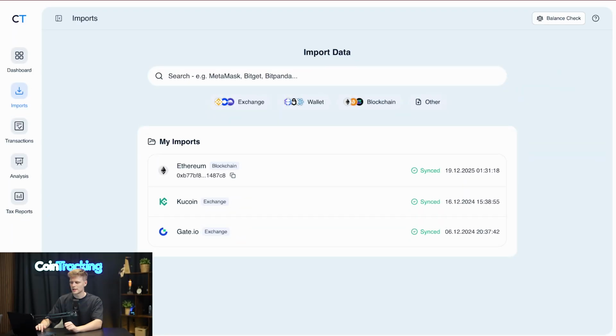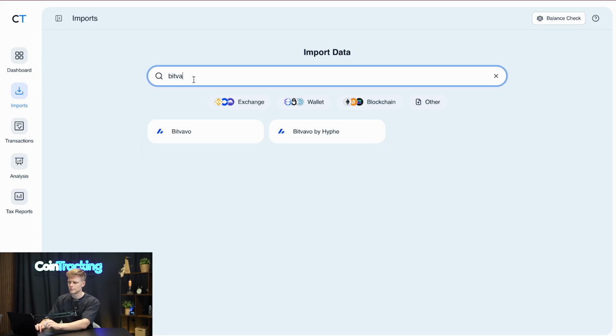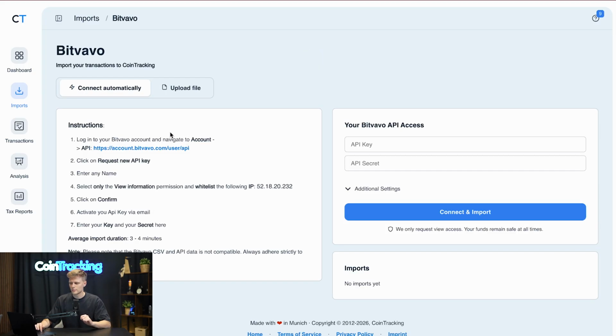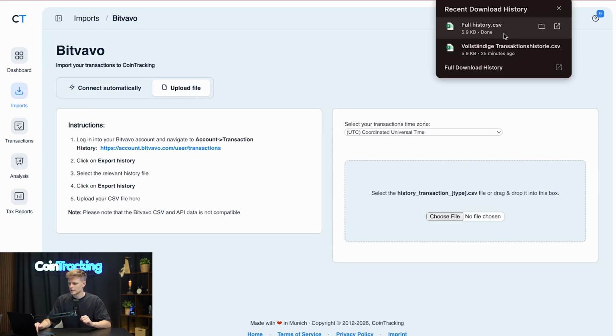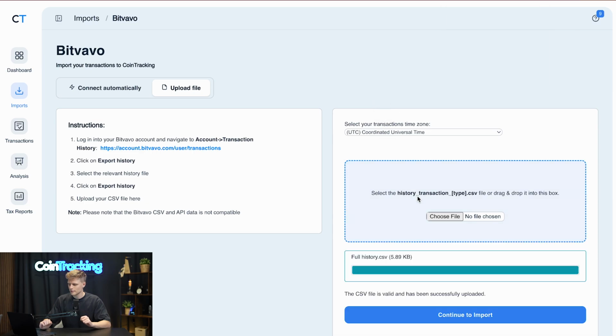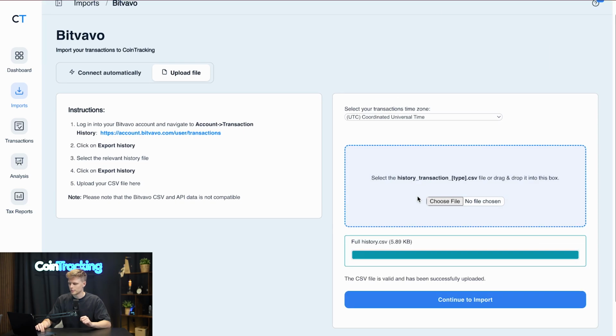You go to CoinTracking, go to the imports page, you will find it in the sidebar on the left side, and then look for Bitvavo. You click that, and then you simply go from connect automatically to upload a file. If you click that, then you simply drag in the file history, the full history from Bitvavo, and then you